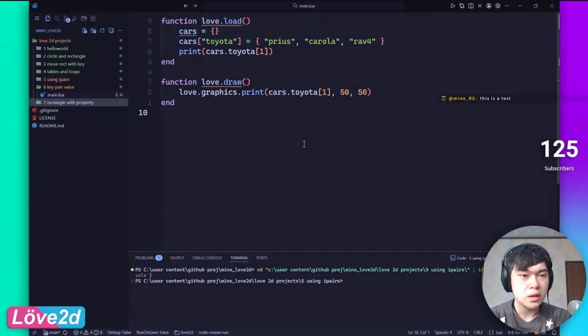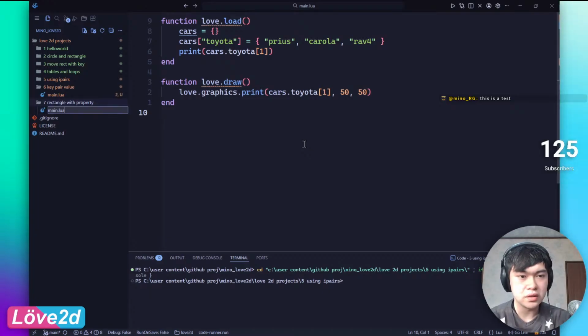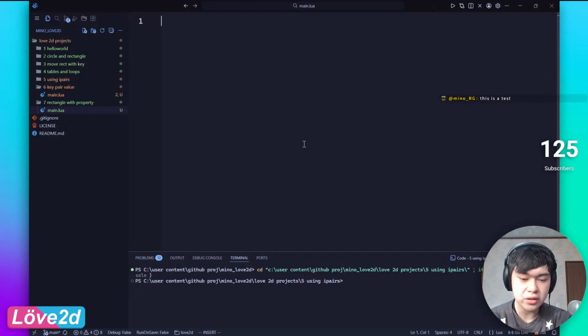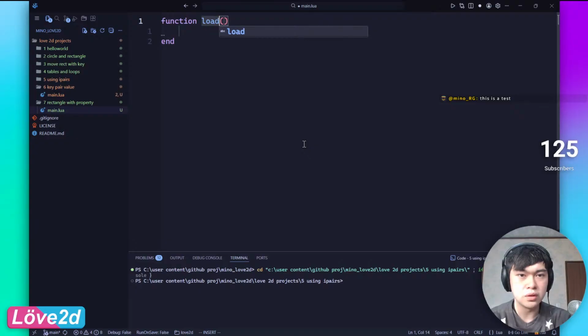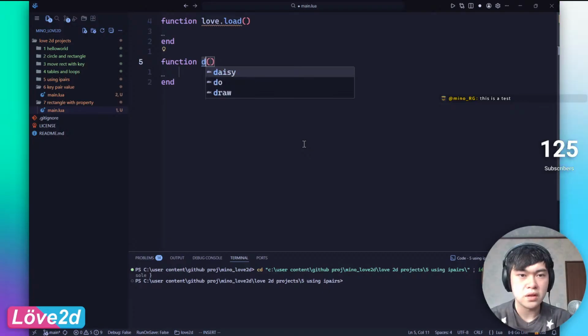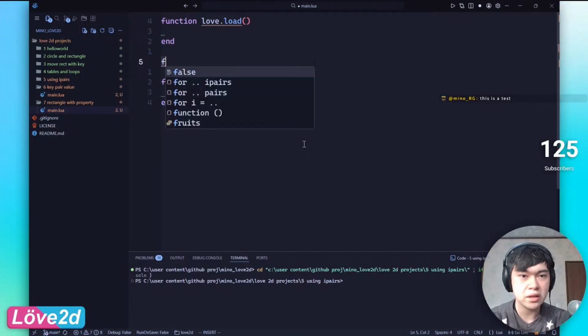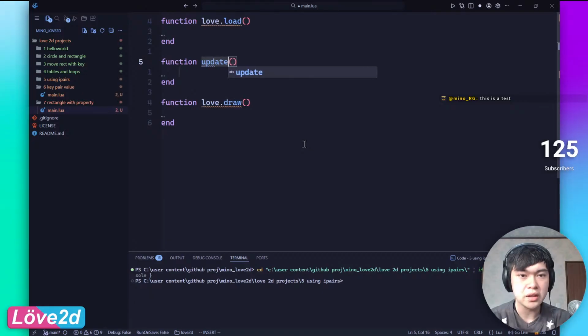So here we need Lua. We need to put main.lua, because if you don't name it main.lua, any other name, it won't work. It has to be main.lua. So function love.load to load in some variables, and function love.draw to draw things on the screen. And the last one is update. I think on this one we need all 3,